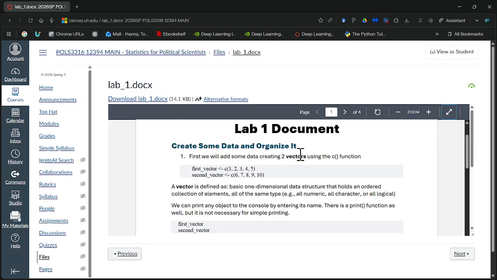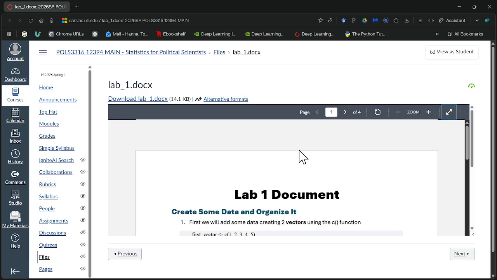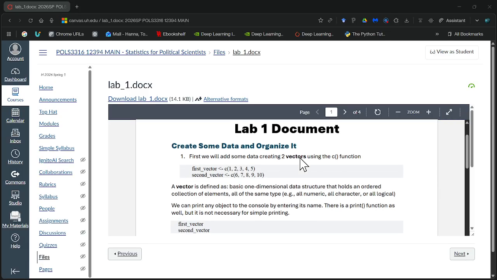So in this lab, we're going to create some data, organize it, and run a couple of basic functions on it. We're going to end up making a nice little table of the data. We're going to find the means and medians, and we're going to save it so that we can use it for Lab 2. I'm going to start by opening a script in